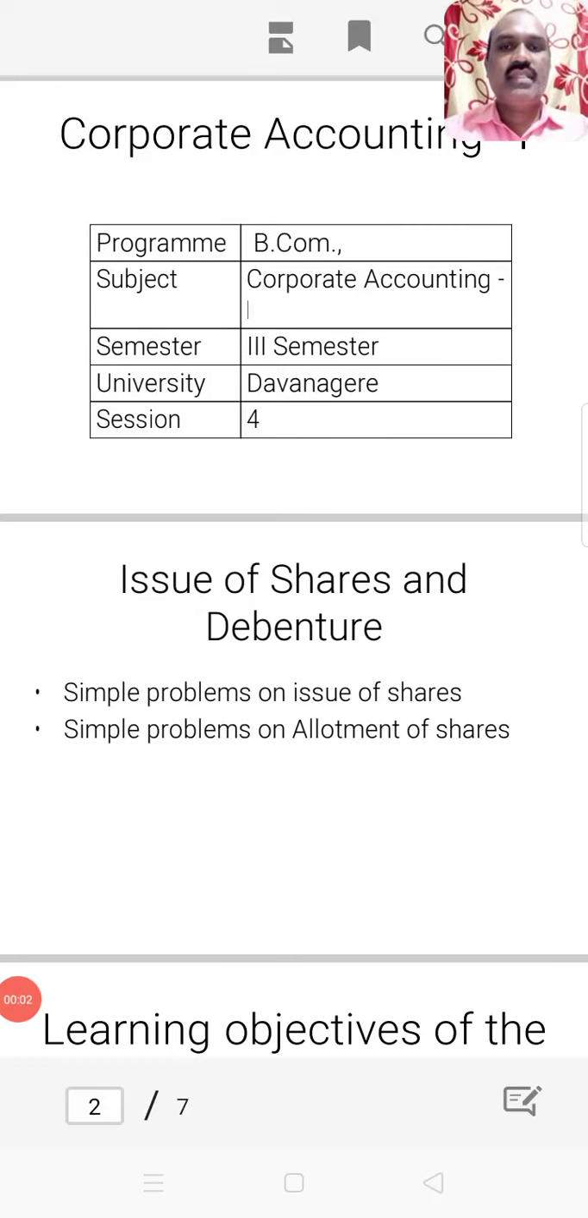Welcome to the fourth session of the module, Issue of Shares and Debentures. In the previous session, we studied the concept of calls in arrears and calls in advance. In this particular session, we are going to discuss simple problems on issue of shares and simple problems on allotment